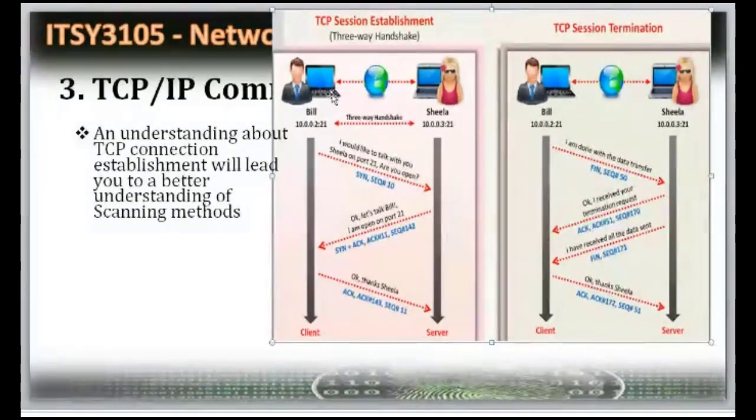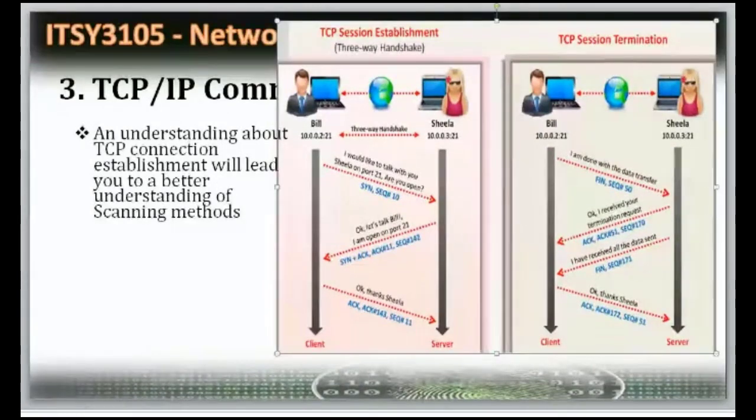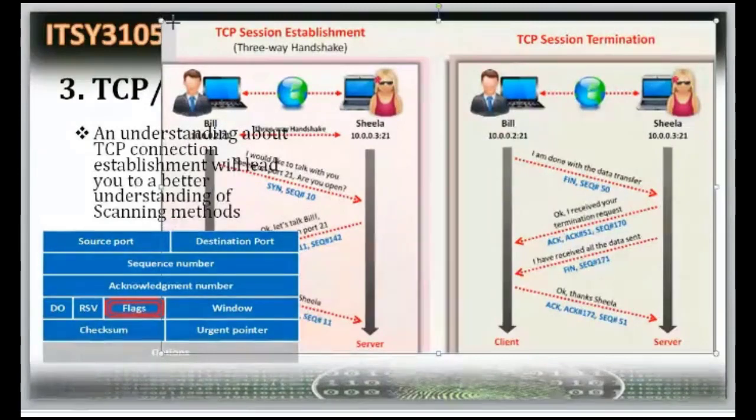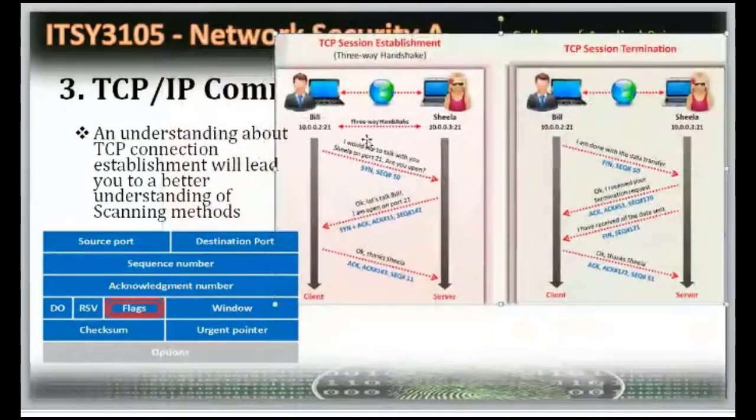So from this machine, a SYN packet will be sent. Now you can see the flag. I'll just go to the flag. In the flag field, I'm going to write SYN. So SYN, I will fill it here and the SYN packet will be sent. The SYN packet is going to be the first packet. Using the first packet, you are sending a message to the next machine: I want to create a TCP connection with you.